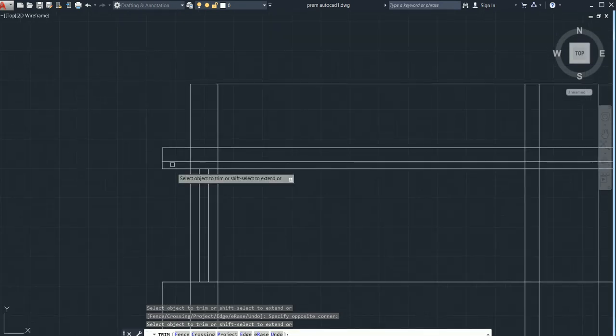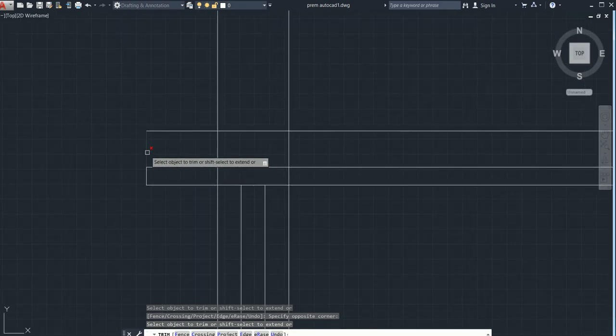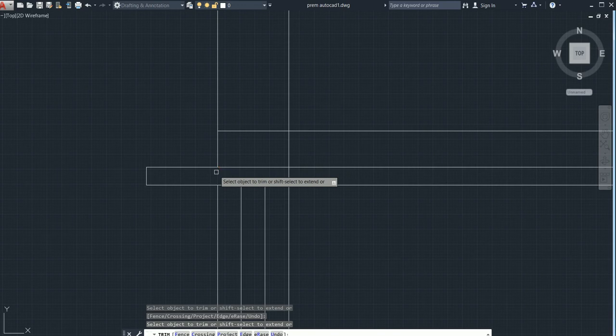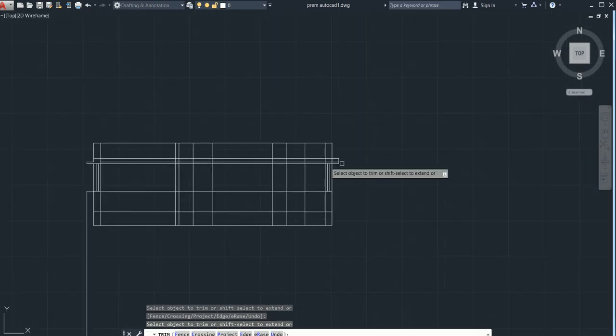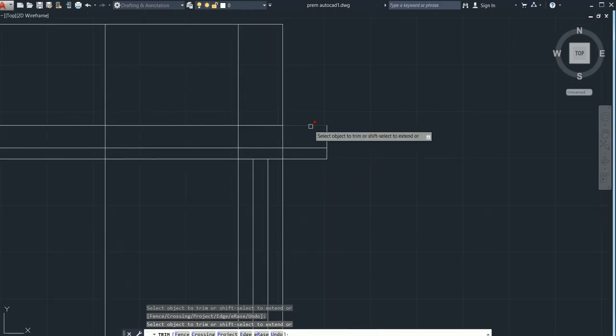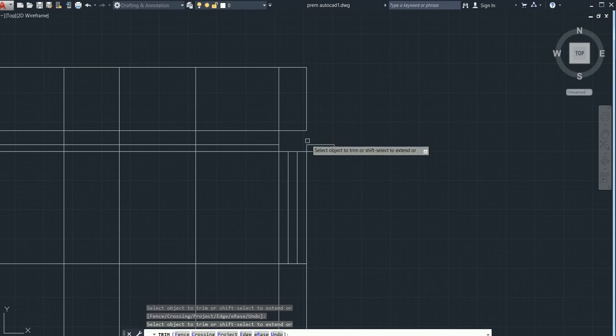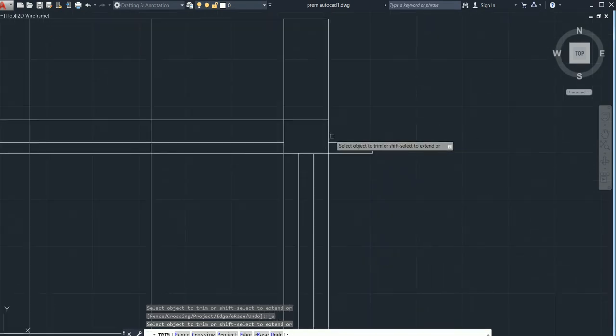Now what we need to trim, you need to trim this, this and this also. In the same way here also you need to do, just go and trim this also, this also, sorry, here.